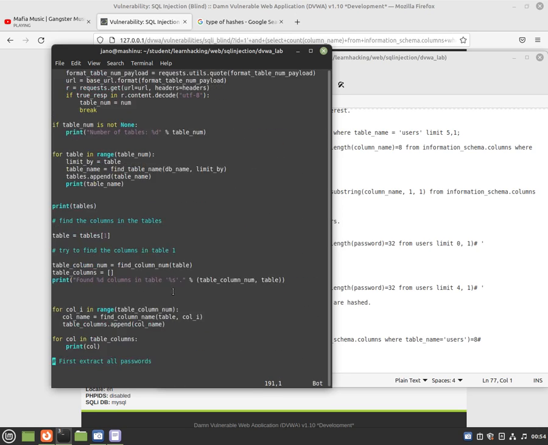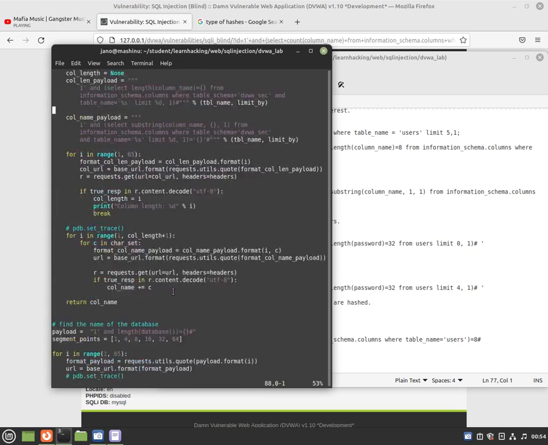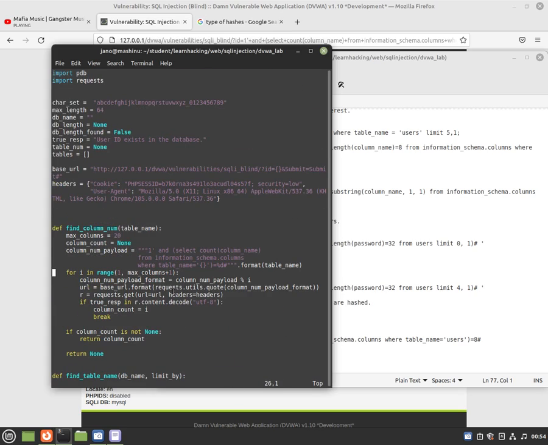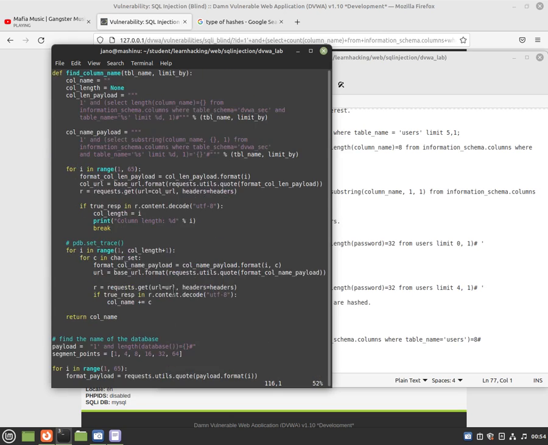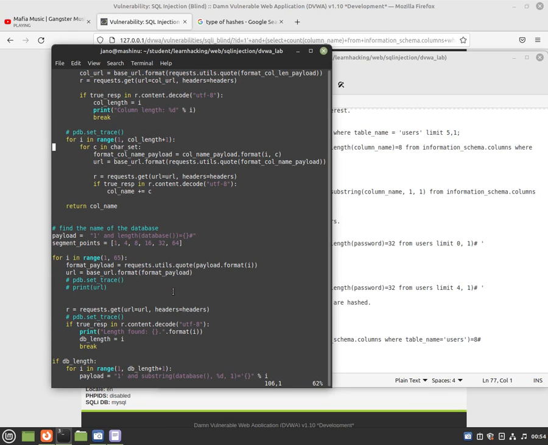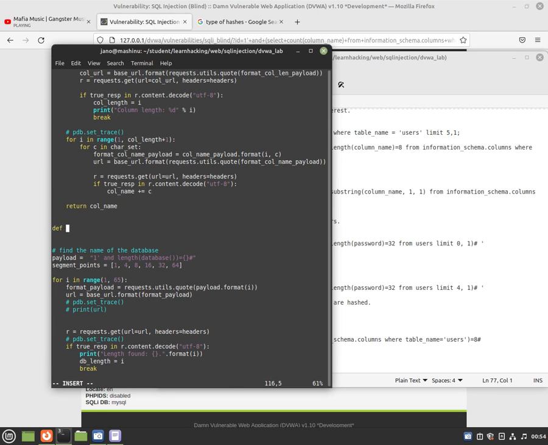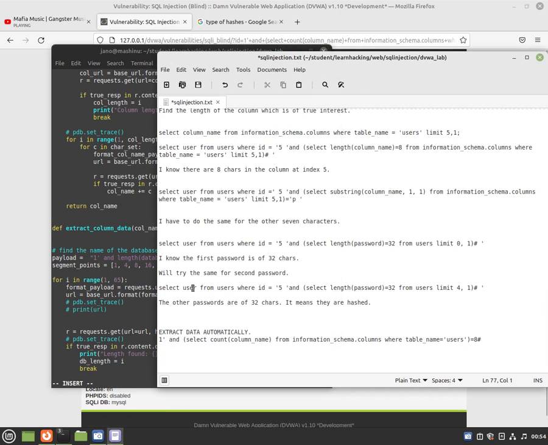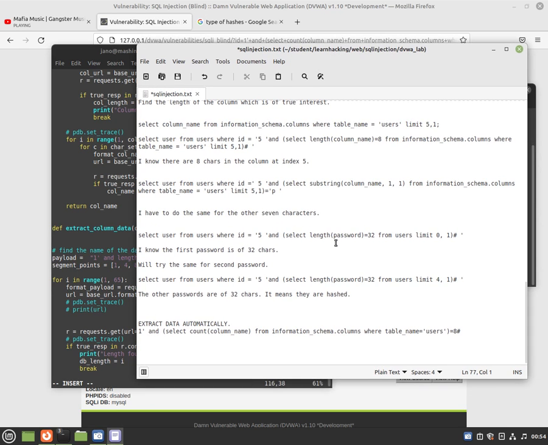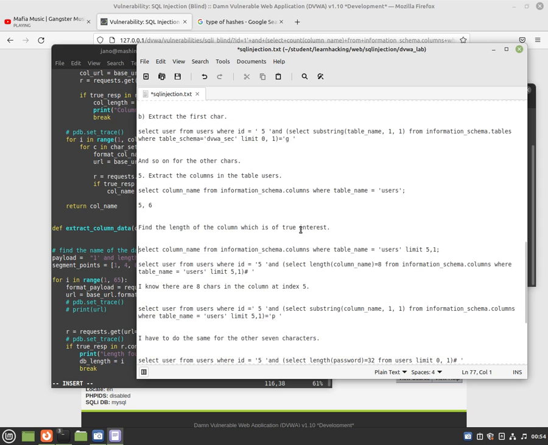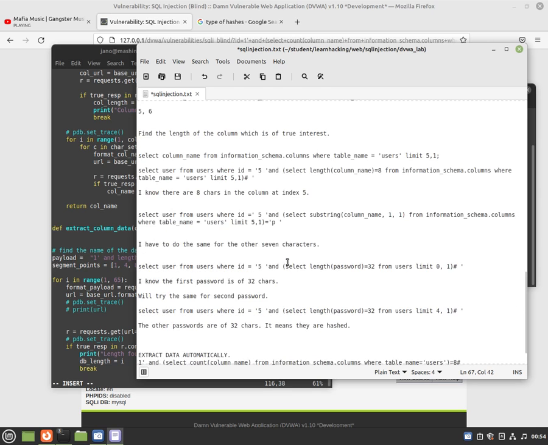Now this is the hard part, because I need a function called extract column data, and it's going to take column name, I guess, and the other... extract the columns. Okay,